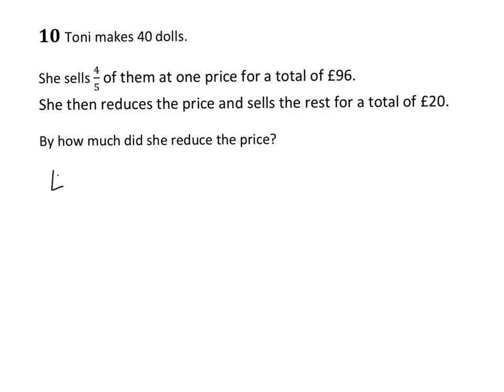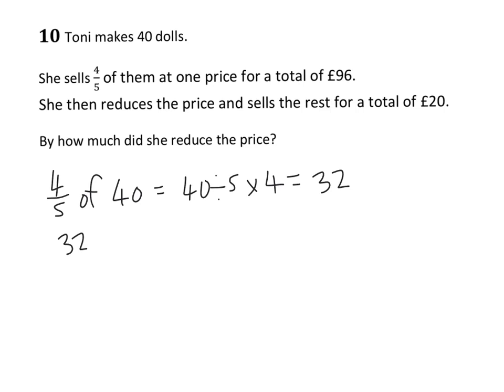She had 40 and she sold 4/5 of them. So 4/5 of 40 would be 40 divided by 5 is 8, which is 1/5. And then 8 times 4 is 32. So 4/5, so she sold 32 dolls. 32